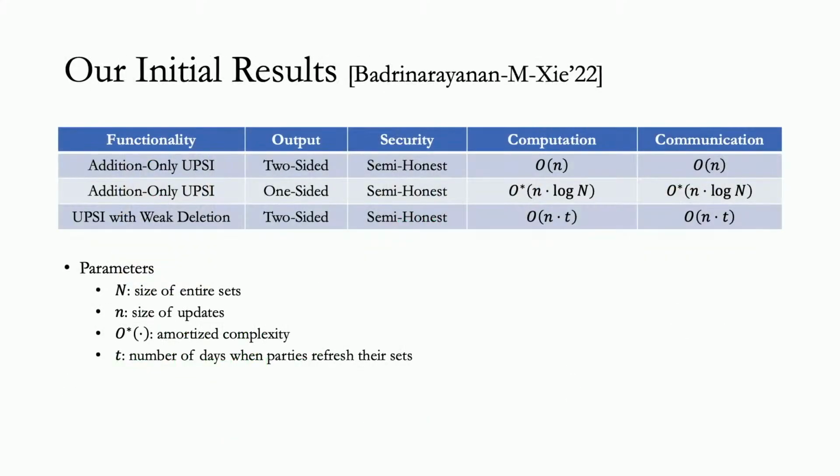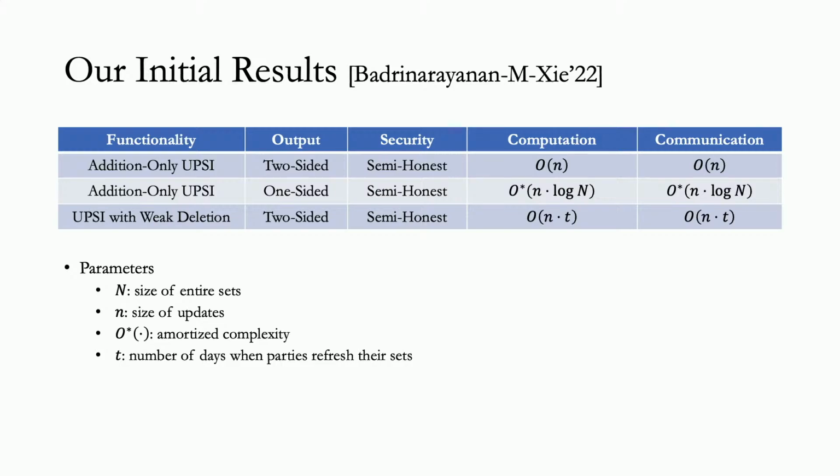And here are our initial results, where we show 3 different protocols, all in the semi-honest model. The first 2 achieve addition only, where you can only add new elements to the existing sets. The first one achieved 2-sided output, where both parties will receive the output. And the second one is 1-sided output, where only one party receives the output. And in the semi-honest setting, the 1-sided implies 2-sided, because the party who received the output can just send it